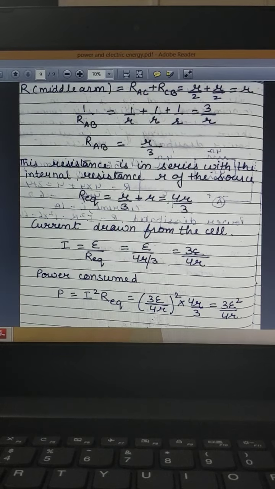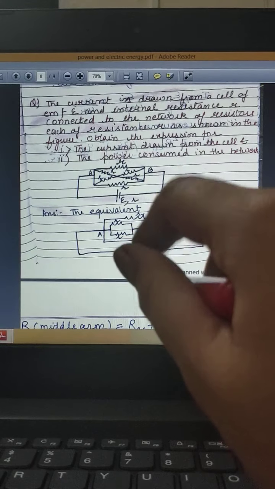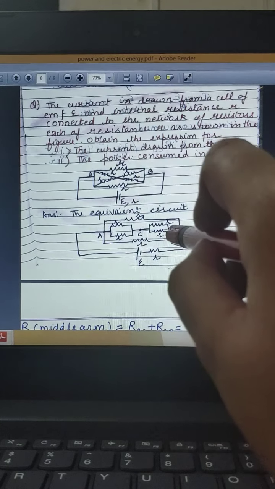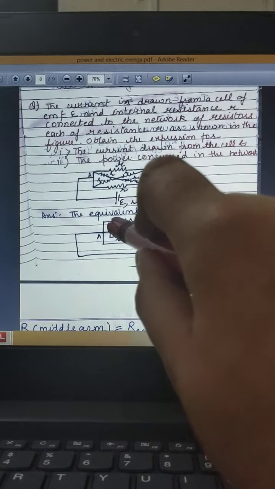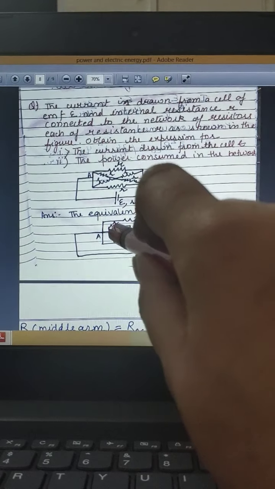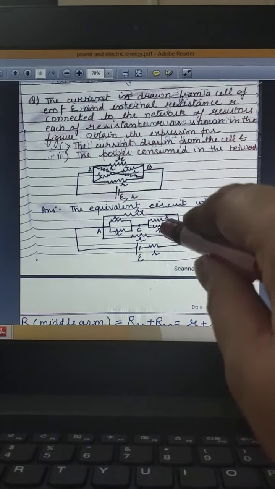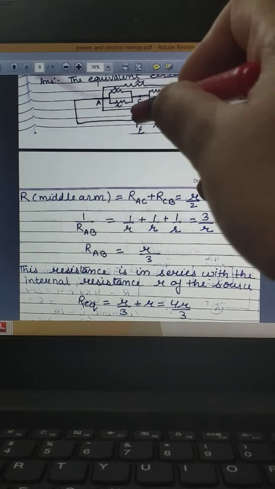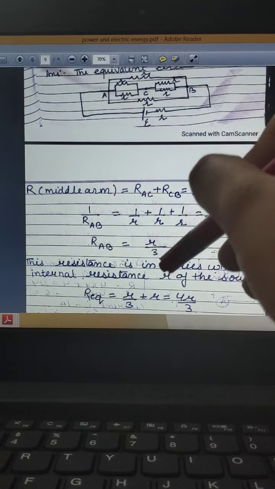So in this question, first of all, we draw the equivalent circuit so that our calculations become easier to find out the resistance. First of all, we consider the middle arm, that is the part between points A and B, having a midpoint C. So we see that these two are parallel to each other and these two are parallel to each other. The combination gives the equivalent resistance. So RAC will become R by 2 and RCB will become R by 2. Then we calculate the total resistance. Now there will be 3 resistances and these 3 resistances are in parallel to each other. So RAB will become R upon 3.